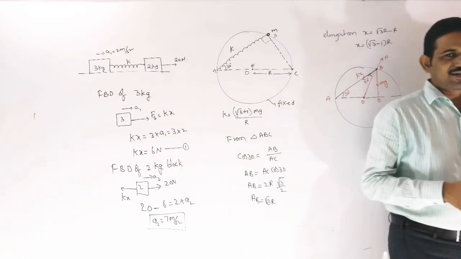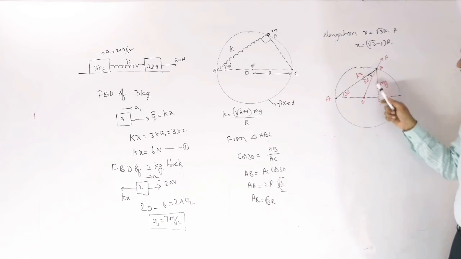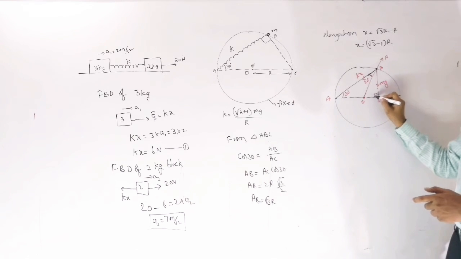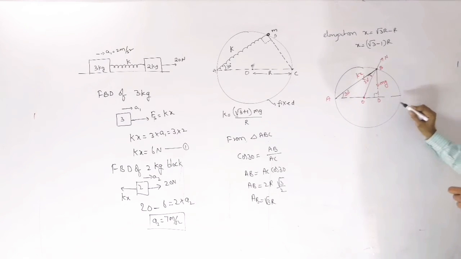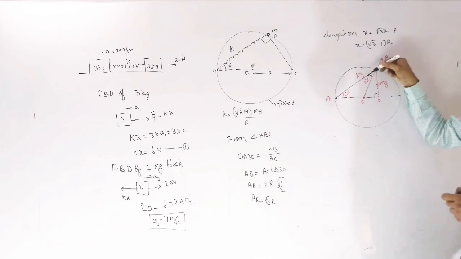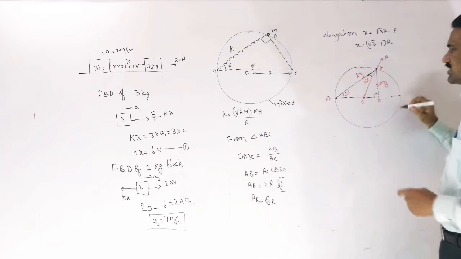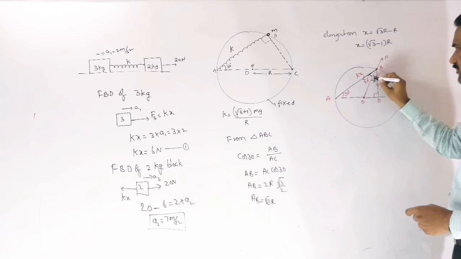Now let us consider the triangle ADB. If we consider this triangle, then the angle at D will be 90 degrees, because it is a right angle here. This is vertical and this radius, the diameter we are taking, as horizontal. So here it is 30 degrees, which means the total angle at this B will be 60 degrees. So already this angle is 30 degrees, so I can write that this angle is also now 30 degrees, right?